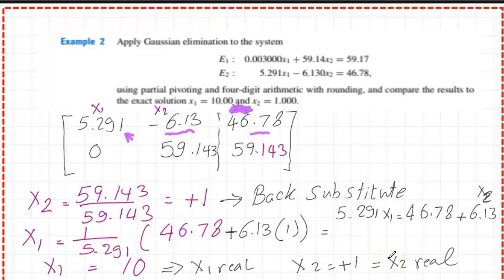This is what is called partial pivoting. We make a row exchange because we find that the value of a sub 21 is bigger than the value of a11, and the division of the old a sub 21 over a11 will create an error and change dramatically the values of x1 and x2.